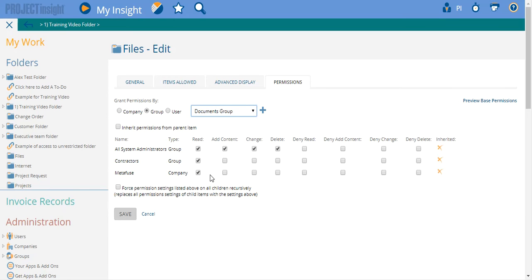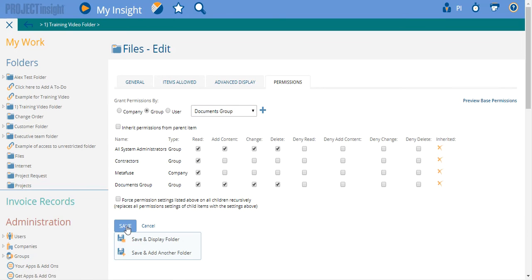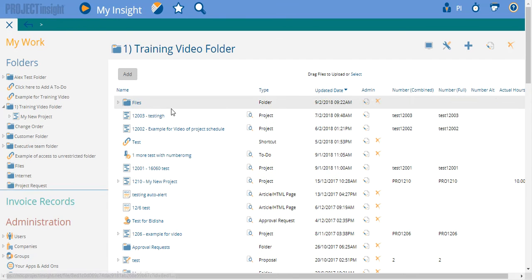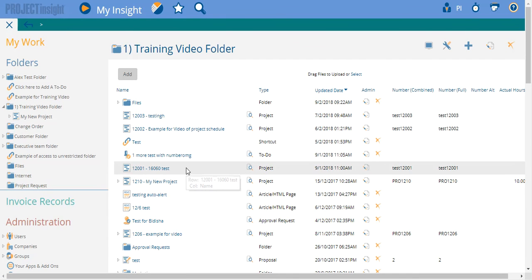The documents group should have full permissions to this. It's that kind of thing. So the example where I had somebody else that should have delete permission. Well, this is their whole purpose is to do work with our documents. So that's why we want to make sure they have full capabilities, but only on this folder. I hit save. So now everything else in this folder will inherit from the parent as long as